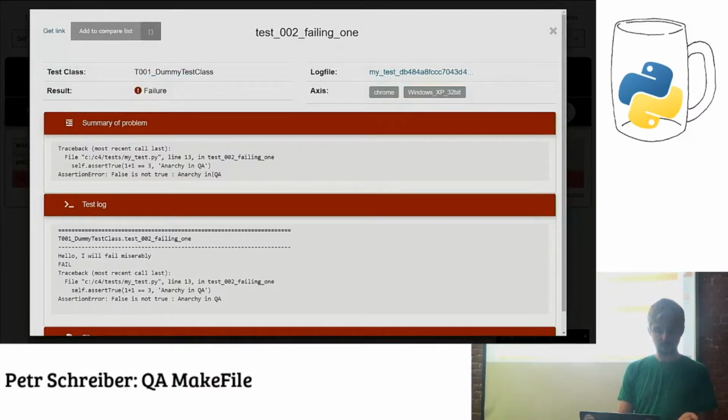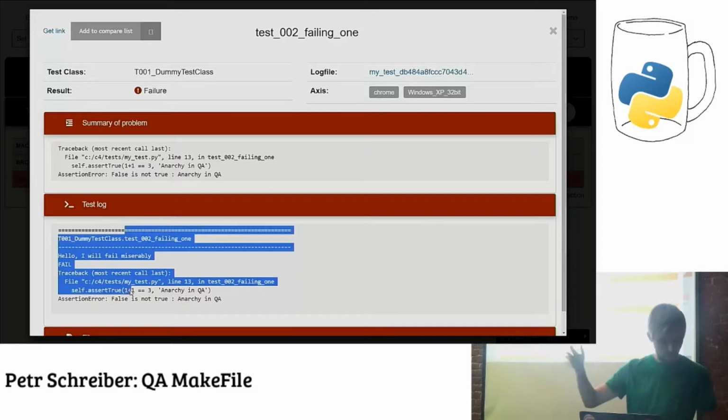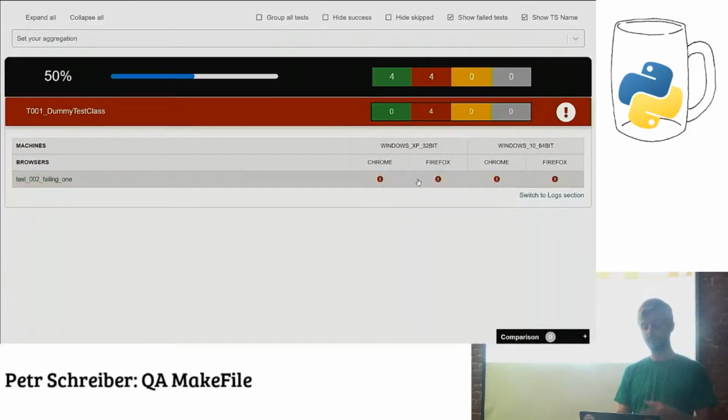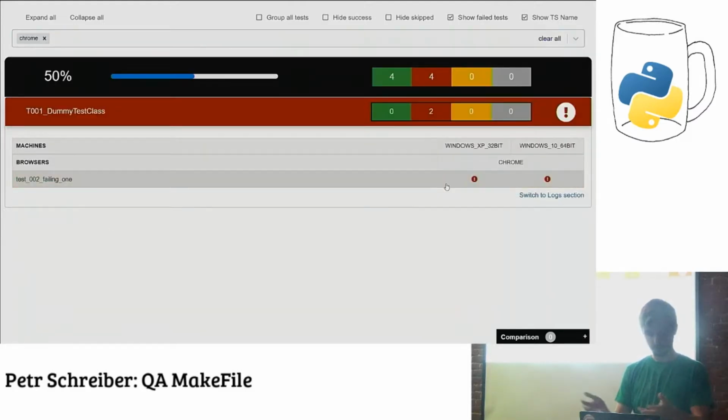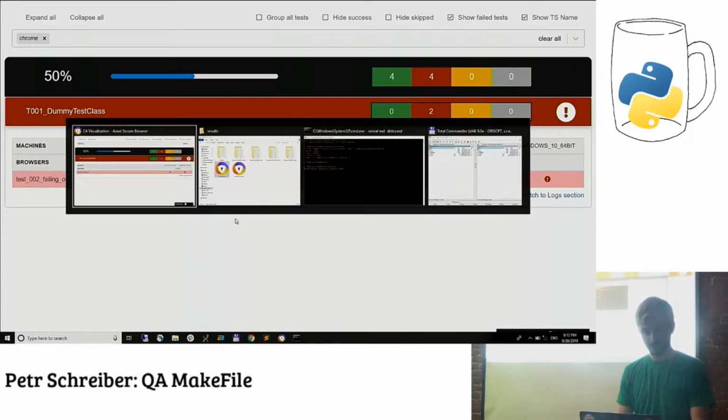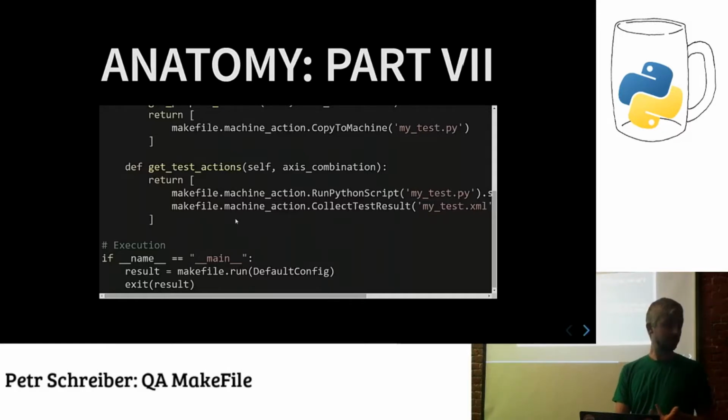So first I get the summary of the problem. I tried to assume that 1 + 1 is 3, which is obviously wrong. And below this I see the whole log of the test, which might be useful for some other analysis. I can also compare here 2 logs from 2 different machines. I can also perform some filtering. So should this matrix be too big, with too many axis values, I can also cast some spells like I'm interested just in Firefox or Chrome, and then this table adjusts, and I can investigate the problems further and discuss with developers, with the test authors, and such stuff. So this is the output. This is the semi demo,